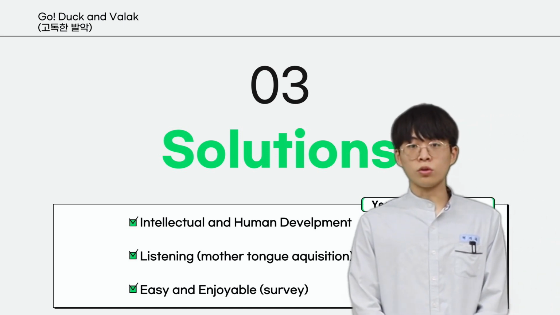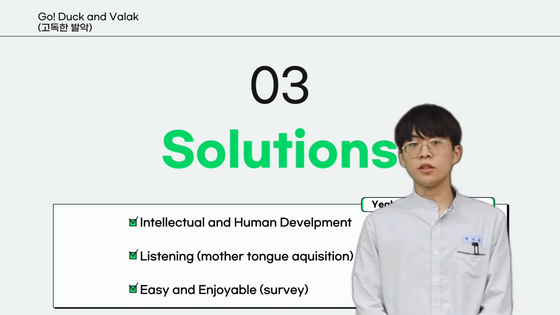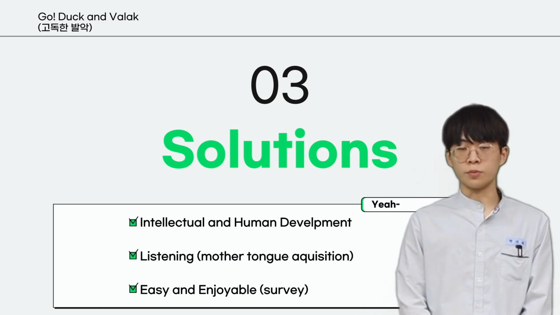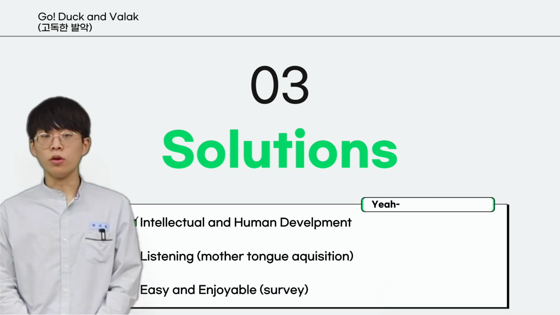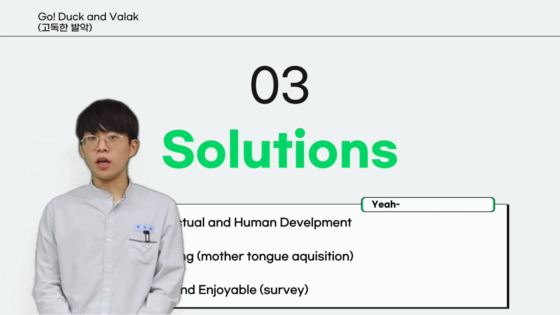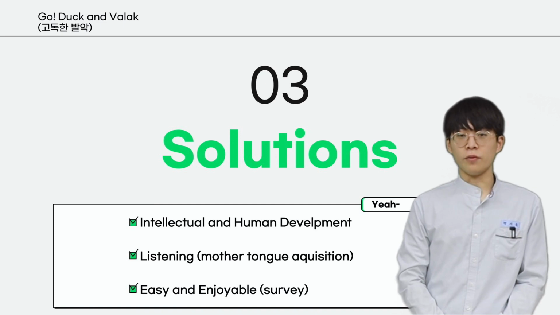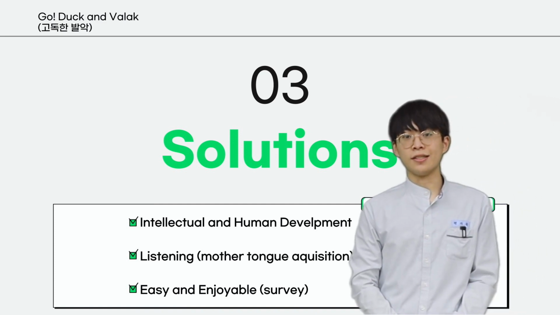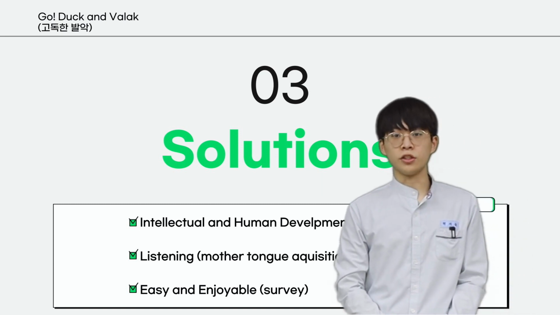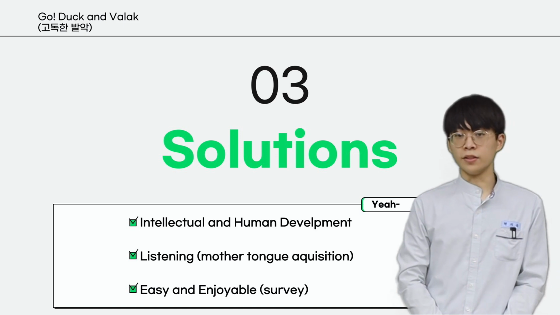If you look at the order of mother tongue acquisition, it goes in the order of listening, speaking, reading, and writing. If you listen a lot, you will be able to speak naturally. Moreover, it is essential to make studying English easy and enjoyable and to learn English pronunciation perfectly. According to a survey, if you started learning English easily and interestingly, especially by focusing more on English pronunciation, you will be able to speak English well enough for international activities.